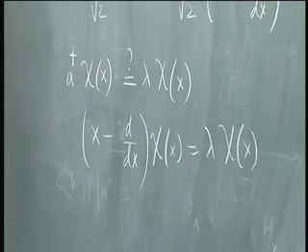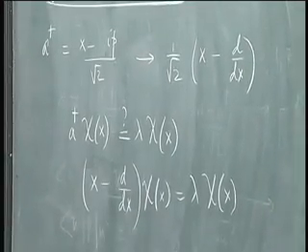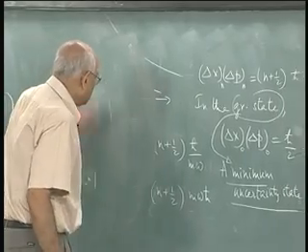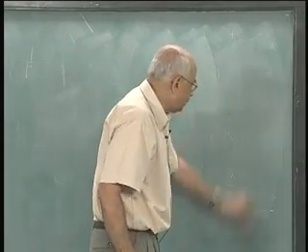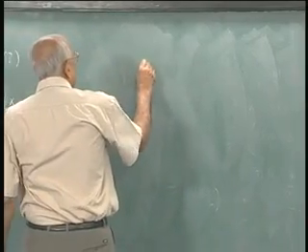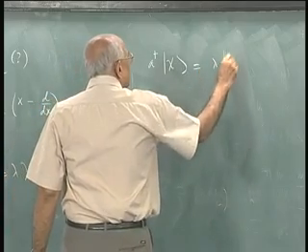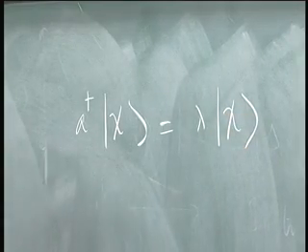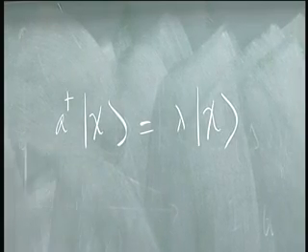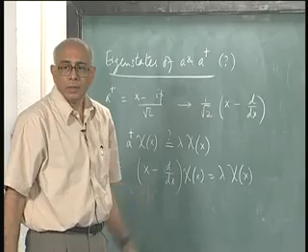That is not a hard differential equation to solve, it is a first order differential equation which is trivially solved. You find the solution and now see if you can normalize this or not. So I leave that to you as an exercise, but again we can do this problem also in the operator basis. So let us see if that works in the operator notation. If I have a dagger on chi equal to lambda on chi, that is the statement here that I have made,